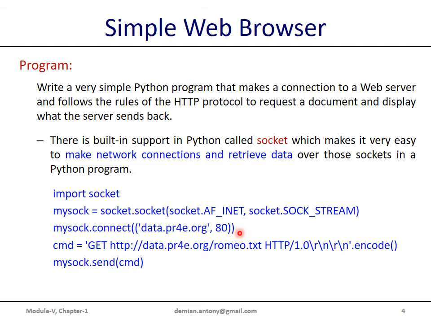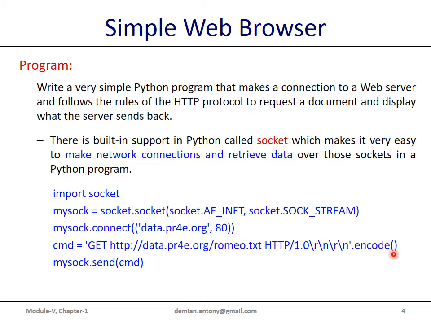Once these preliminary things are done, that means establishing a connection, now we are all set to send the command to a server. And we have already seen the format of the command. So we create a string, cmd, which is the command. We use the query string method GET, and the resource that we are requesting is a text file, followed by a space, the type of protocol that we are going to use, its version, and a blank line. And then, because this is a string, we use a method associated with the string called